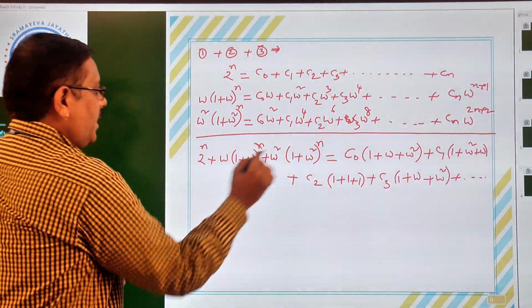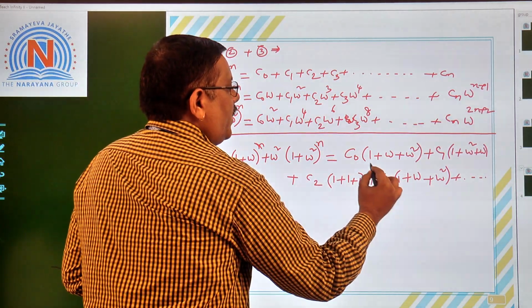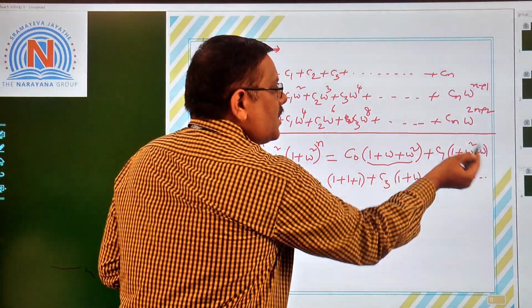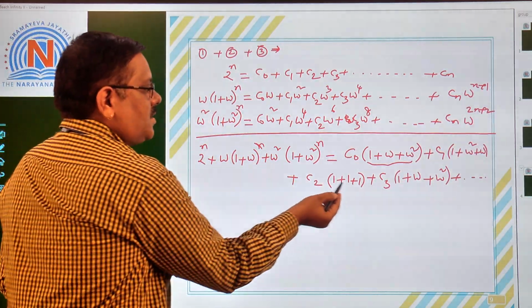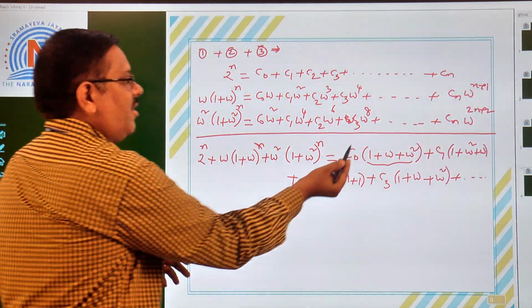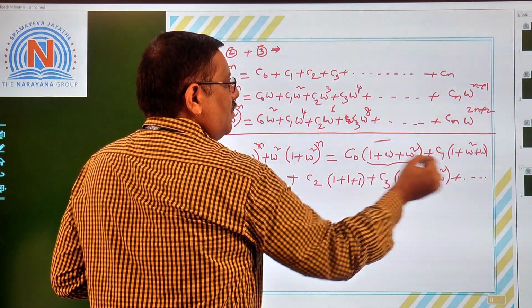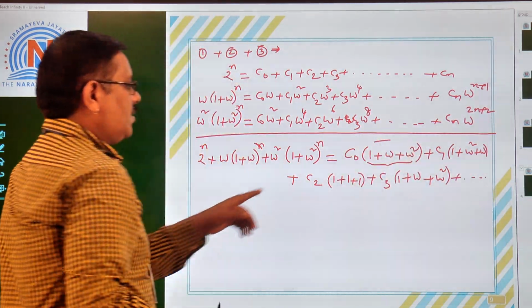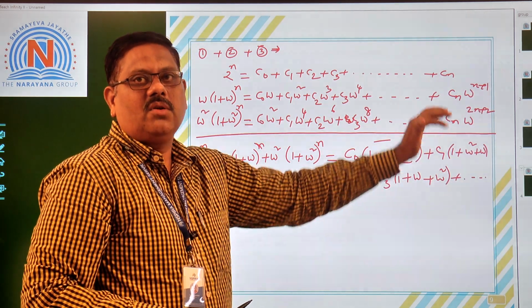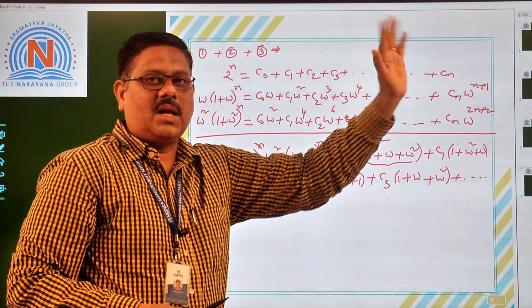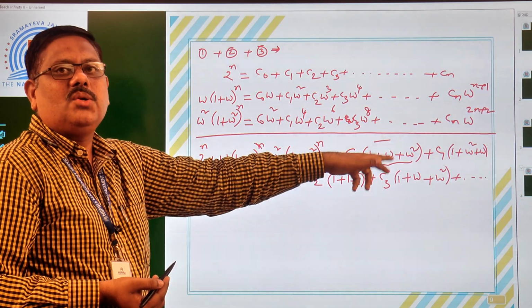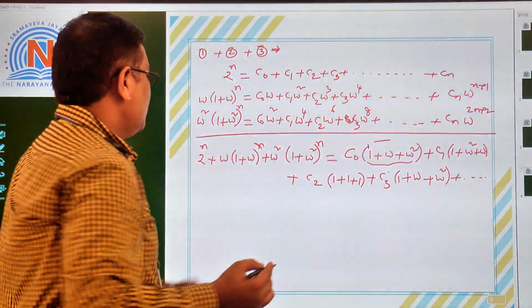Now in this case, 1 plus omega square is nothing but 0. Sum of the cube roots of unity is 0. 1 plus omega square plus omega, that is also 0. 1 plus 1 plus 1 is 3. 1 plus omega square, again 0. So out of all these 4, three values become 0. Only C2 remains. The same way it is repeated: even after C3, C4 also becomes 0, and we are left with C5 again. It goes on like that. Therefore, till what value does it remain? It remains till C 2012. Rest of the terms will become 0.